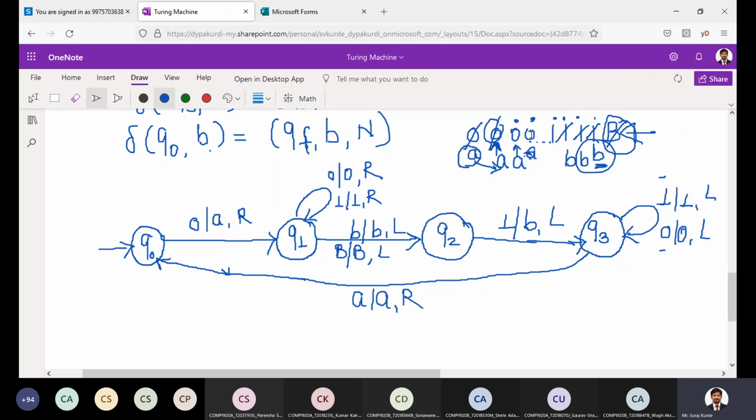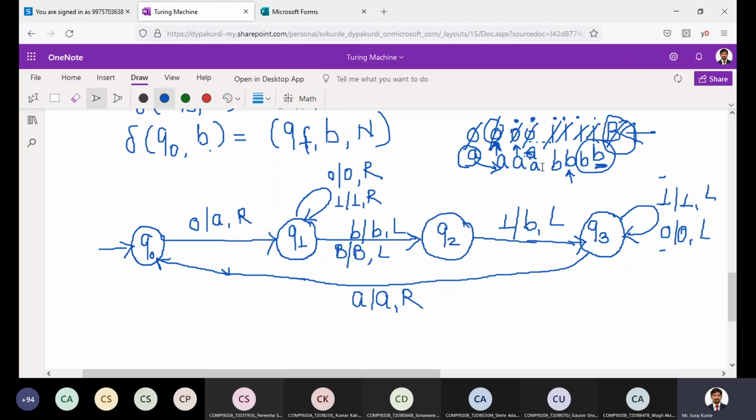On the right of this A, there is a 0. Replace with A. While moving to the right, it may read 0 or 1. Now it will not read 0, but it will read 1. Keep 1 as it is. Go to the right cell until you find B. So here it finds B. To the left of B, it is 1. Replace with B.